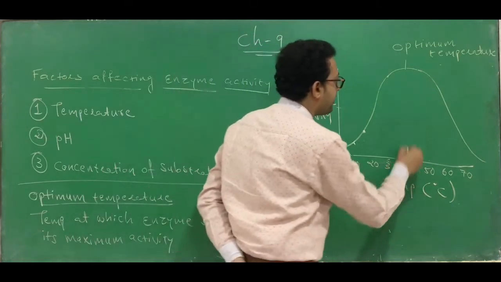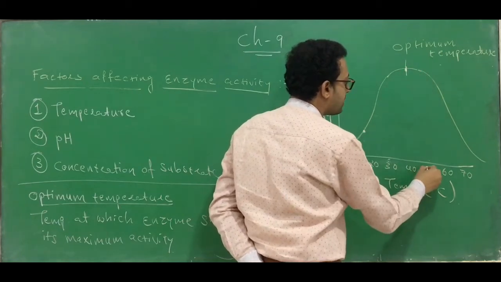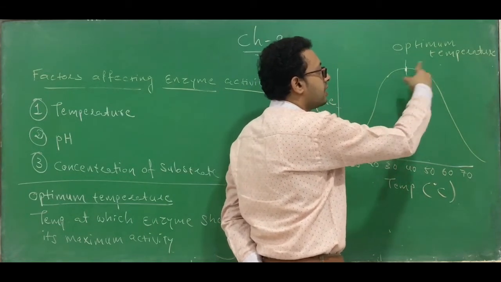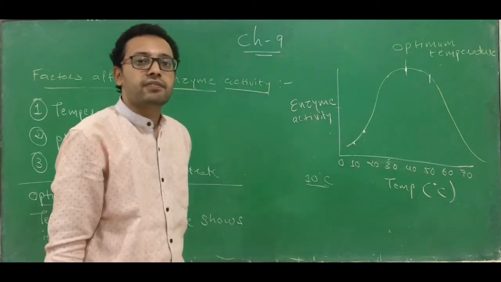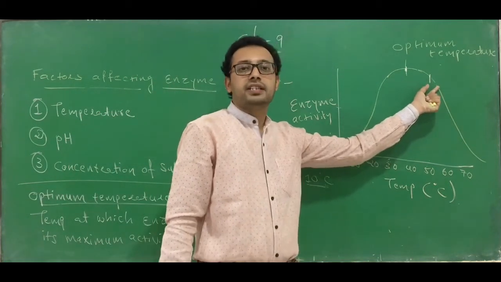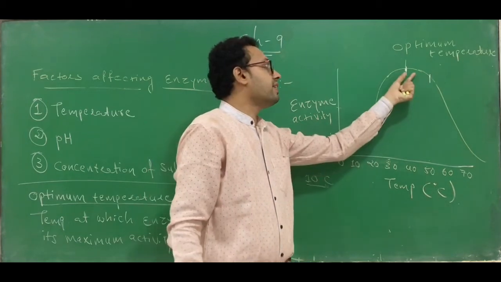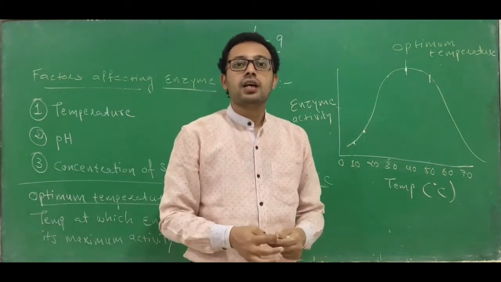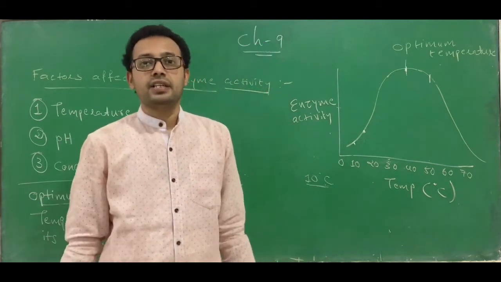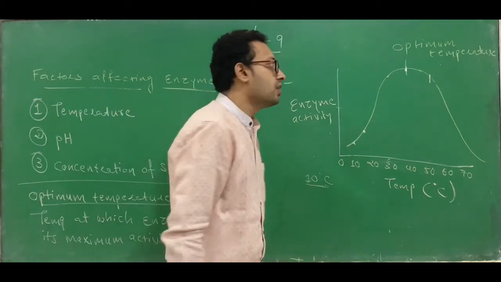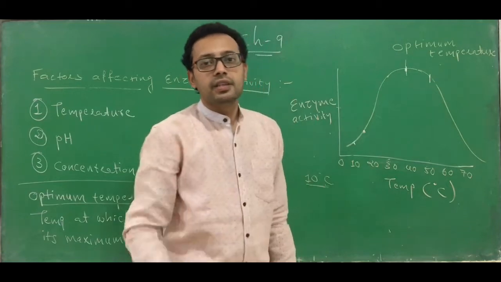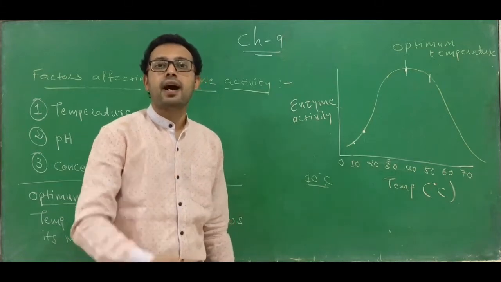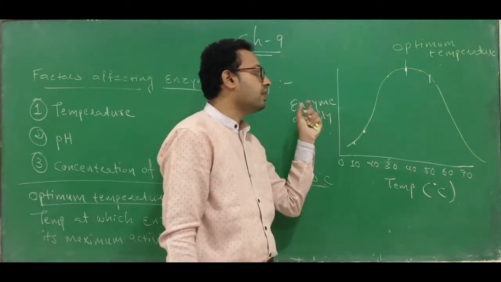So suppose this is the activity at 40 degrees Celsius, and this is the activity at 50 degrees Celsius. If you compare them, the enzyme activity at 50 degrees Celsius is half the activity which occurs at 40 degrees Celsius. Clear? So every 10 degrees rise, either doubles the rate of reaction or halves the rate of reaction. Below 30 degrees, it doubles the rate of reaction. Beyond 40 degrees Celsius, it reduces the rate of reaction by half. So this is the effect of temperature on enzyme activity.